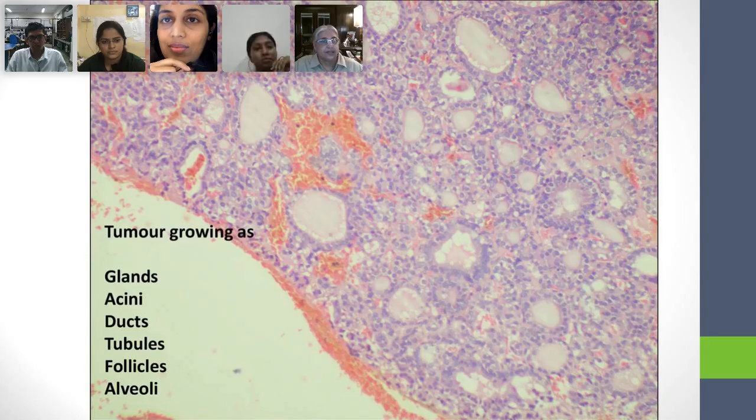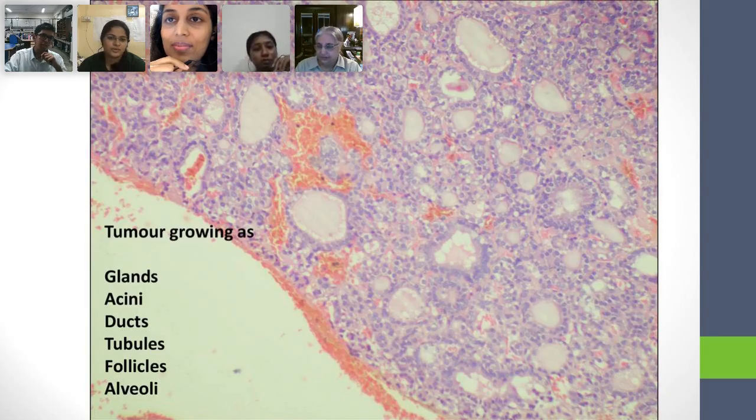Gland, acinus, or let me say, what won't you pick? First, let us say what you will not pick. Come on, Ashish, what will you not pick out of all of this? Ducts and alveoli. Acini. Okay, so you will not pick acini, you will not pick ducts, you will not pick tubules, because tubules are small things, right? And alveoli. Very good. So you're left with gland and follicles. All right, good. What about you, Kshitija? What will you not pick?